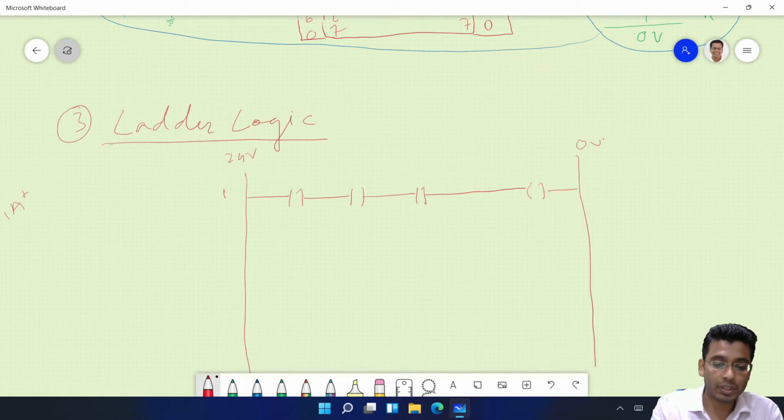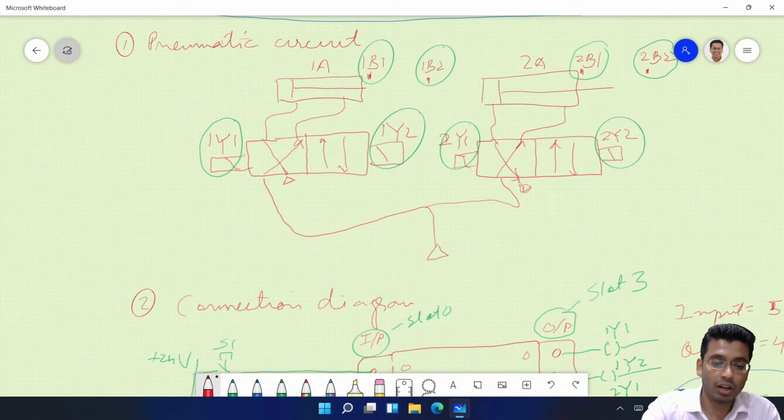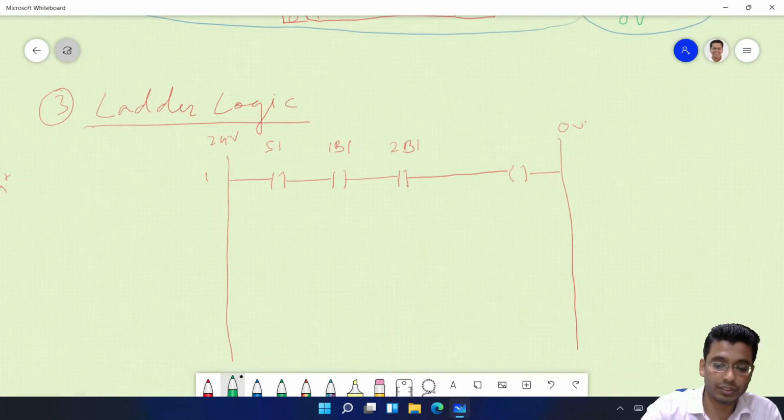So basically you are going to have your S1, your 1B1 here, and another 2B1. Very good. With 2B1, and what will be your output? How is the cylinder 1 going to extend? 1Y1. So cylinder 1A will extend only when this is executed, that is your 1Y1.